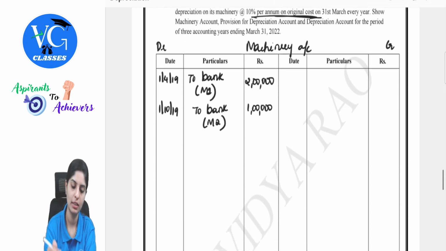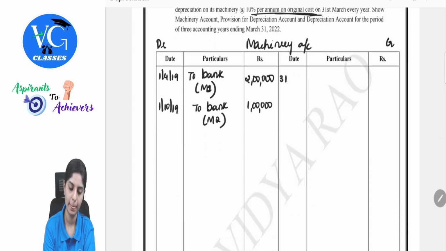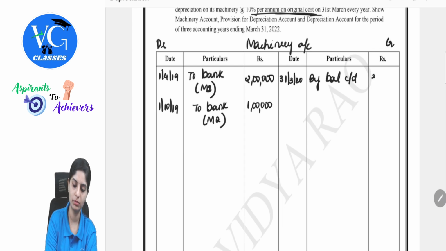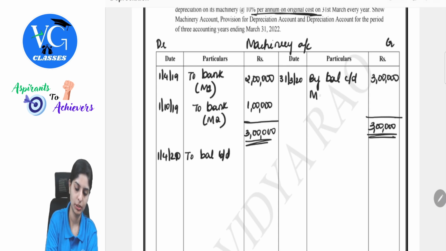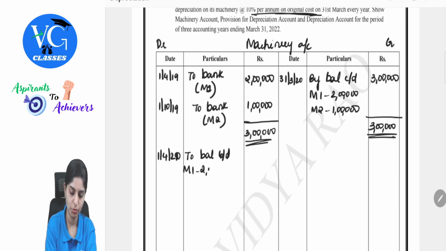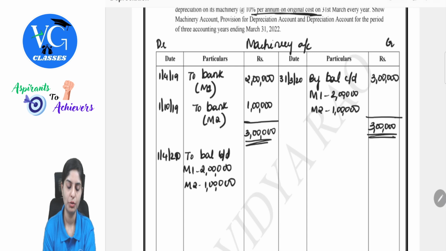So first let's close the balances for this year. 31st March 20, by balance carried down 3 lakh, since this is maintained at historical cost. Machinery 1 is 2 lakh and machinery 2 is 1 lakh. So in the first year,